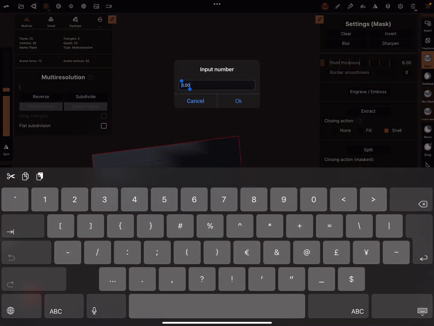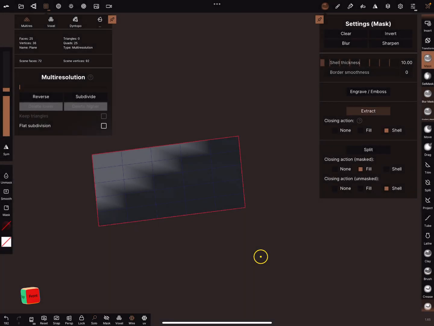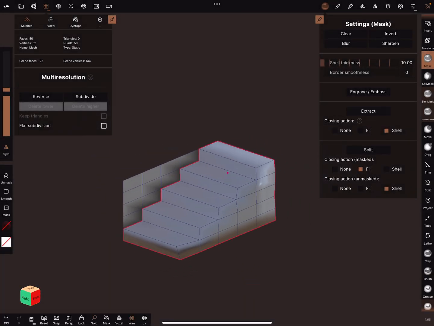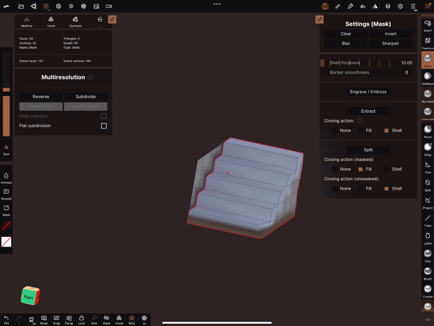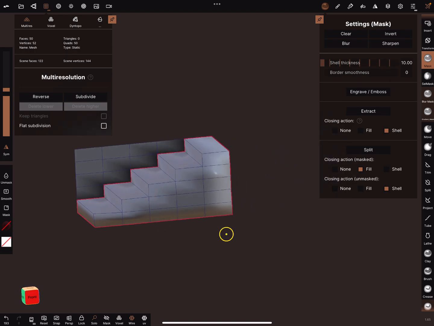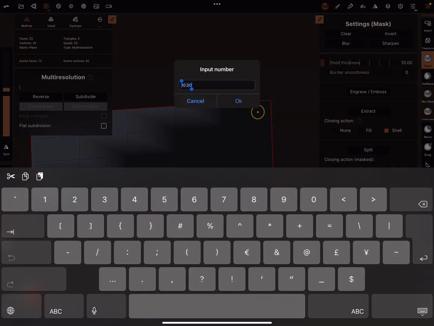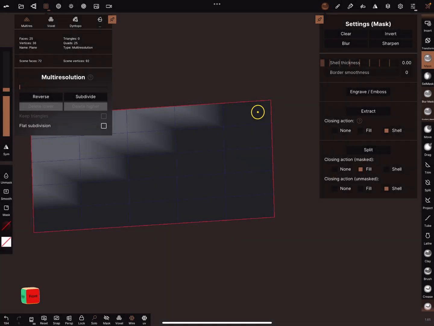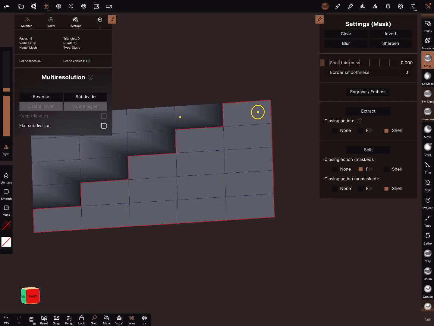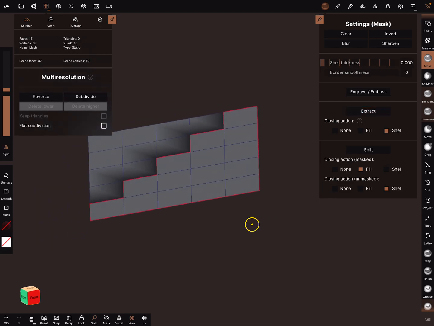And we can use also 10. Extract it. There's something wrong with our mask, I think. Sometimes it's the intensity. Then we can use shell thickness of 0, and then it works with no problems.